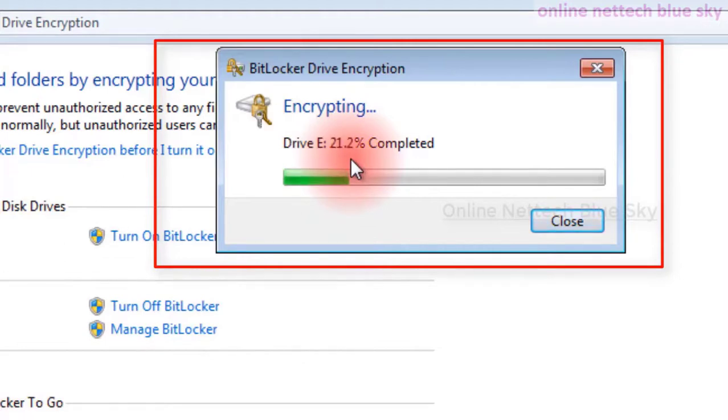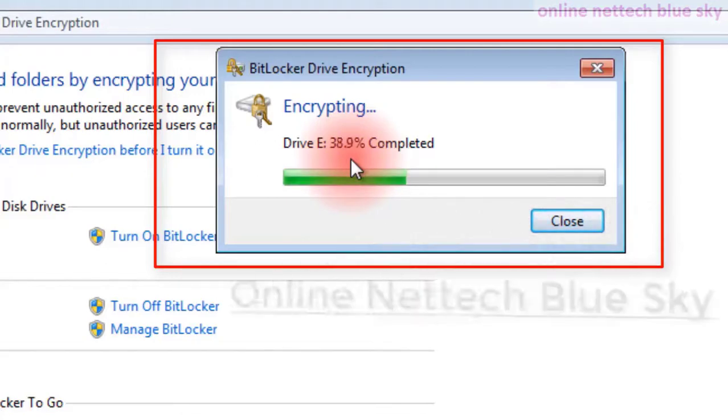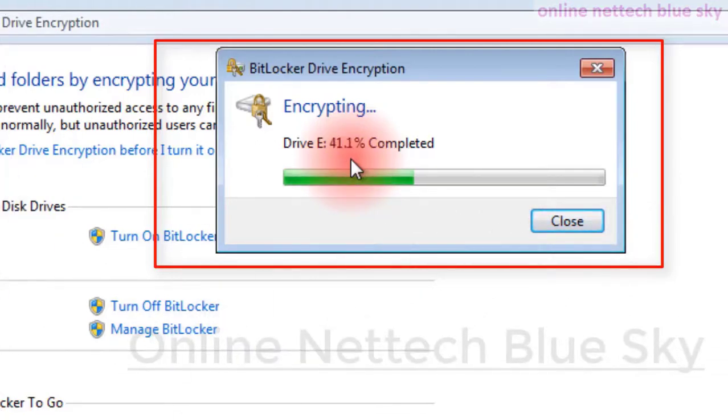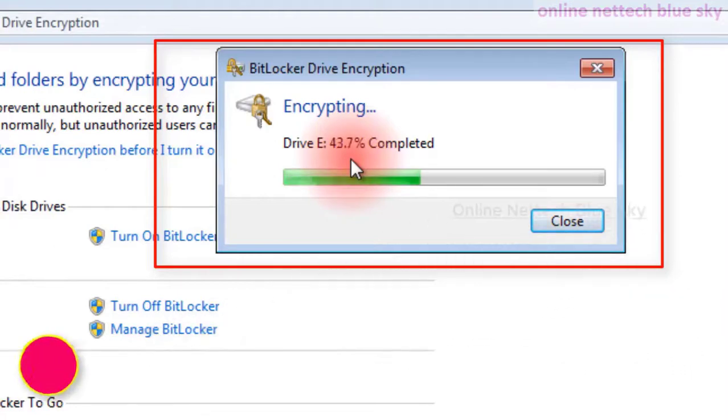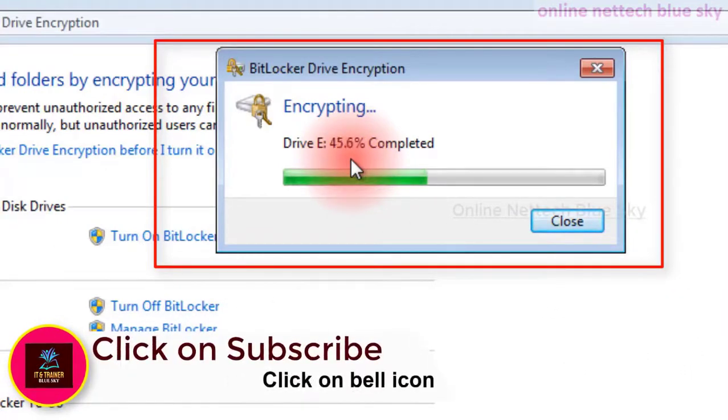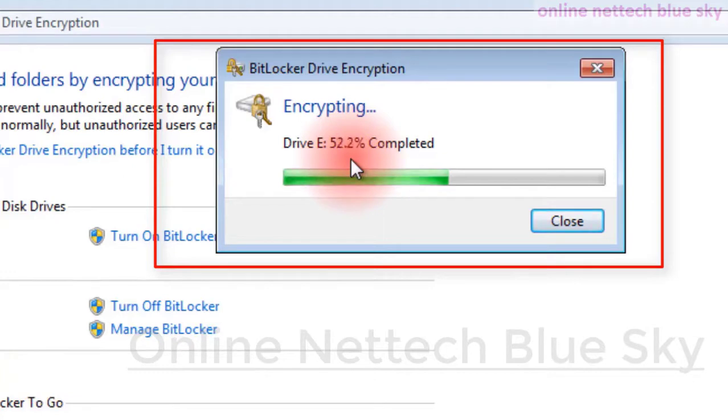Automatically the encryption completes, and after encrypting, a logo shows on my partition, and it does not open directly. Anyone needs the password first, and after that I can use these partitions. You can see encrypting is starting here. So if any hacker or cracker comes to my computer and tries to open it, it does not open directly without a password.